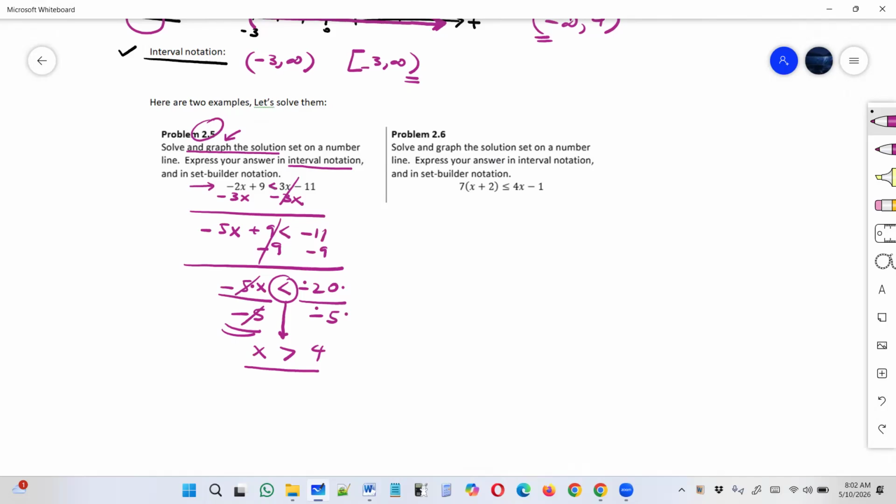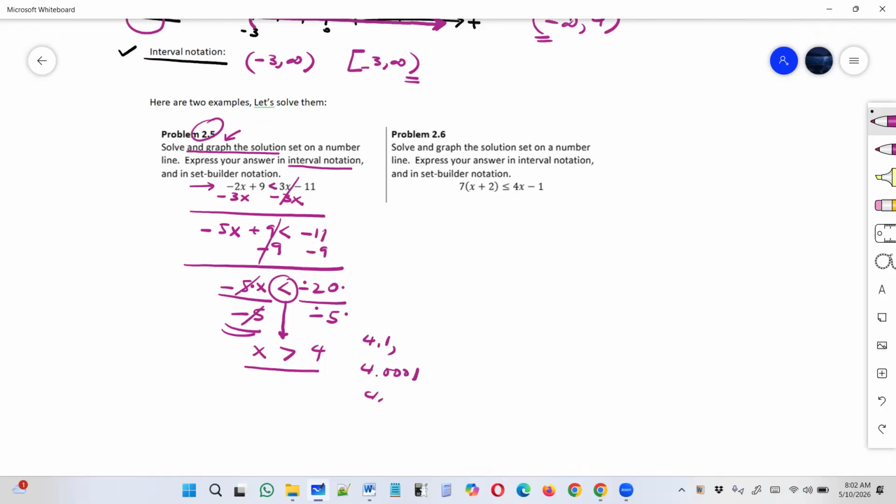Now, this is not enough. We need the answer in interval notation. Well, Professor, why do you do that? Why do you need that? Because there's an infinite number of solutions here. So the solution is x greater than 4. So for example, 4.1 is a solution,